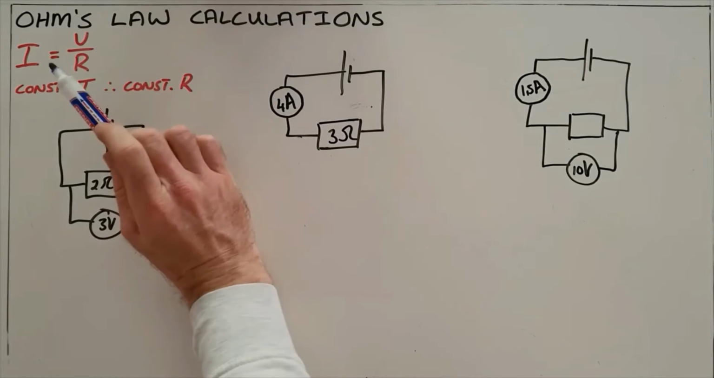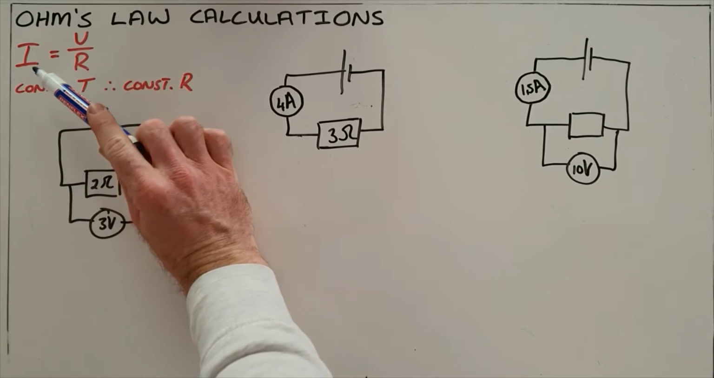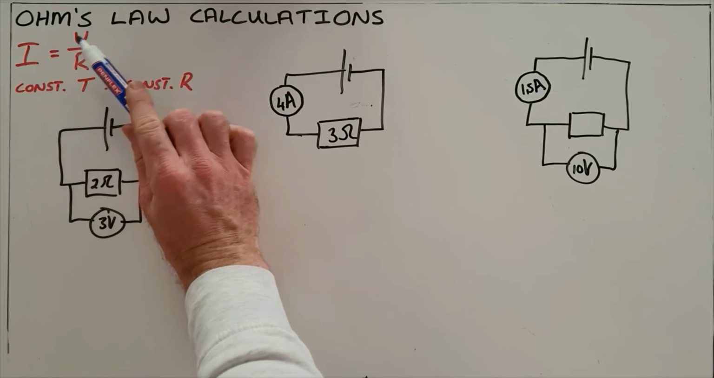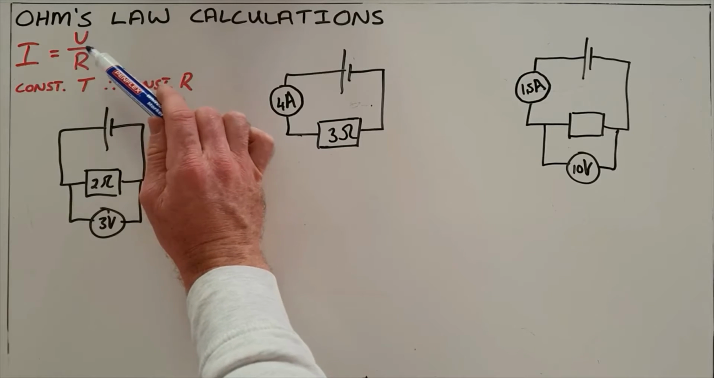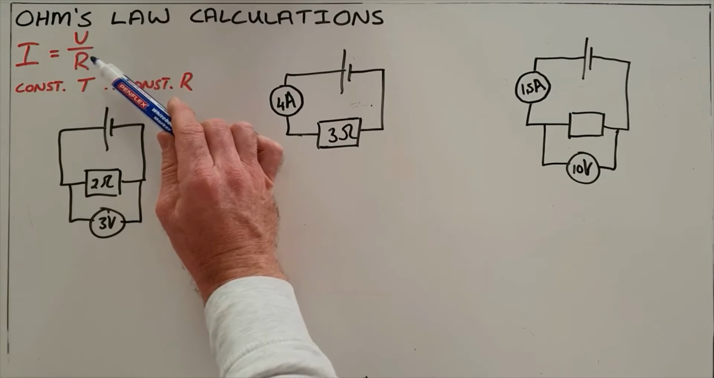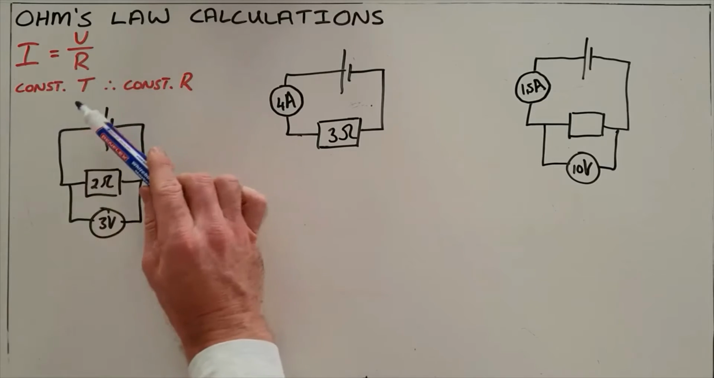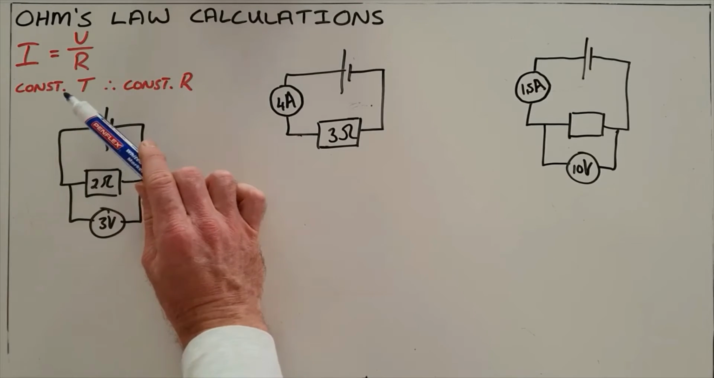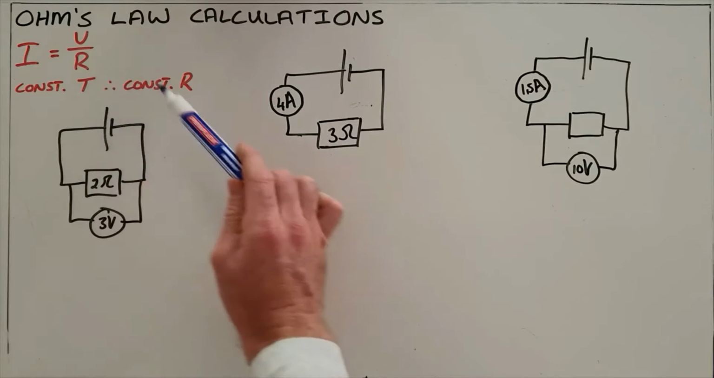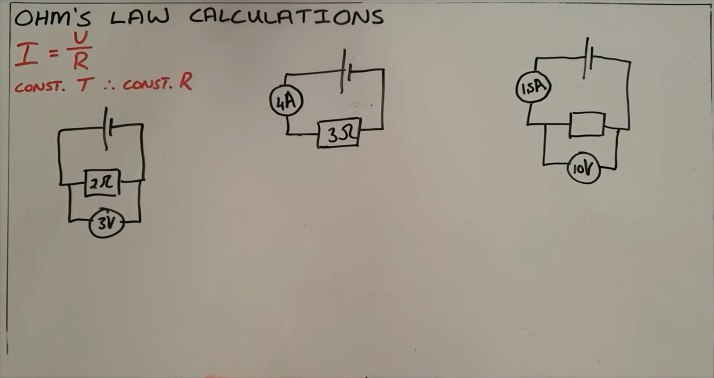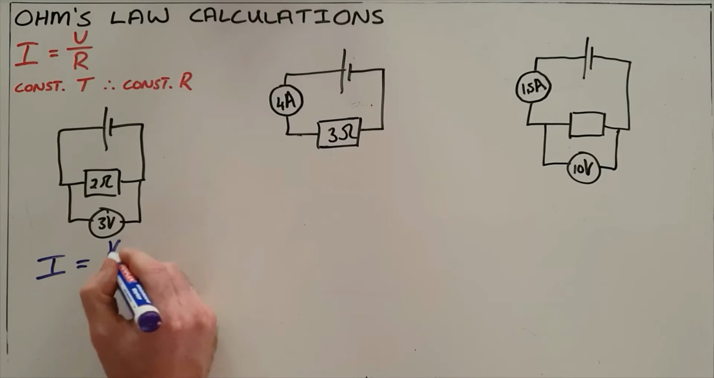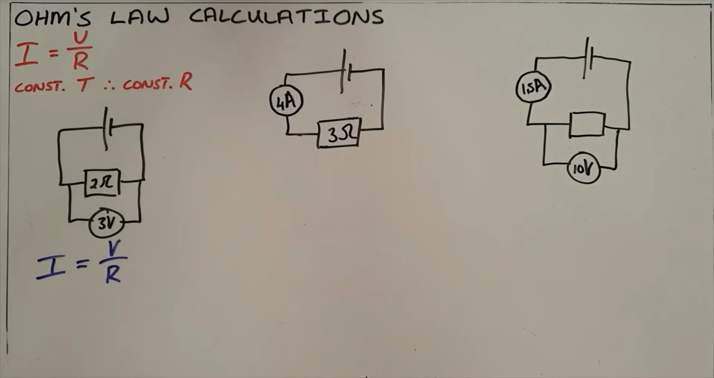Ohm's law tells us that the current that passes through a resistor or a conductor is directly proportional to the voltage across the ends of that conductor and inversely proportional to the resistance of that conductor. That is obviously provided that the temperature of the conductor remains constant, because that means that resistance would remain constant. So we can now use this Ohm's law formula to perform calculations or to calculate unknown variables within a